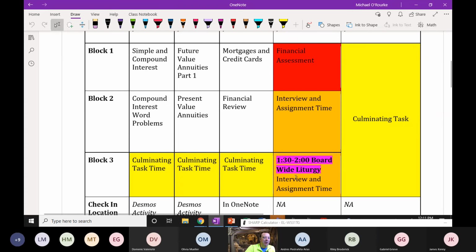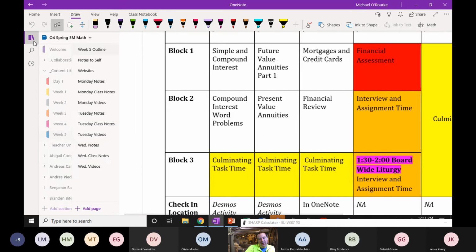My goal is to give you enough time that by Thursday around noon, almost everyone has done all their work. Okay? That way I'm not overloading you with work, right? So you're done all your work there. Now there's some people who are done all their culminating tasks up to date right now. So for those people, if I look at your culminating,